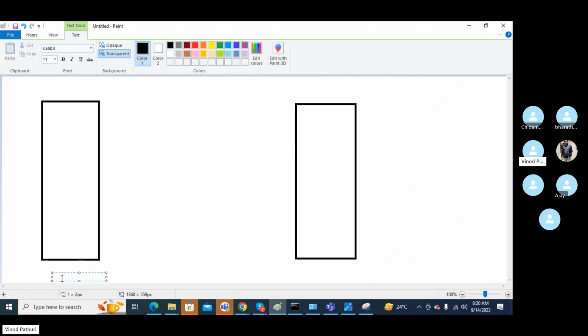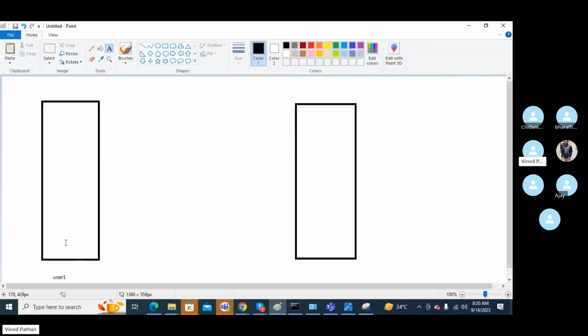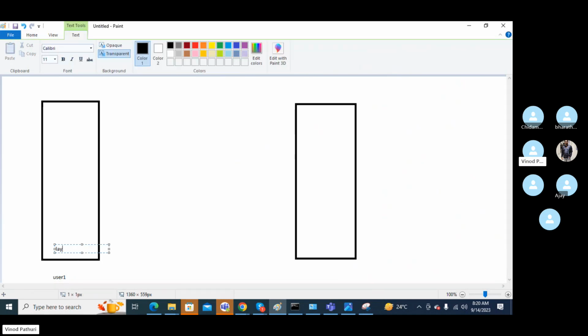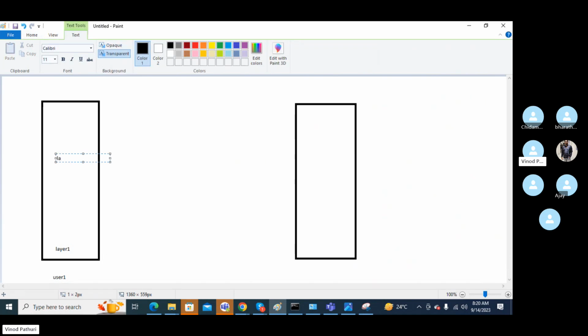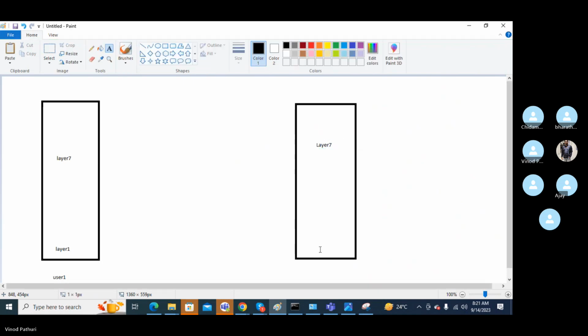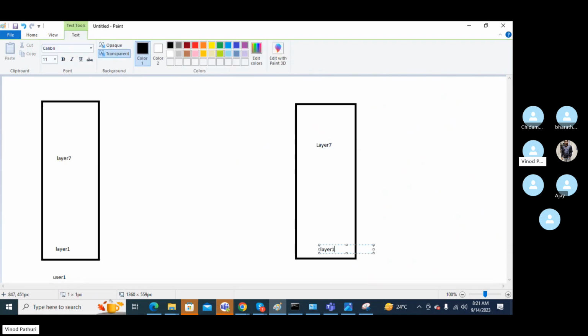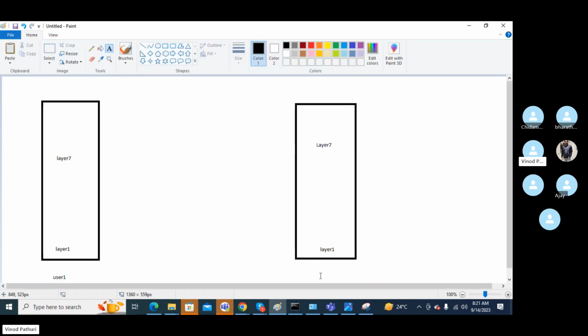So your user one has layer one and layer two, up to layer 7. Same way here also, layer 7 to layer 1. This is user 2.